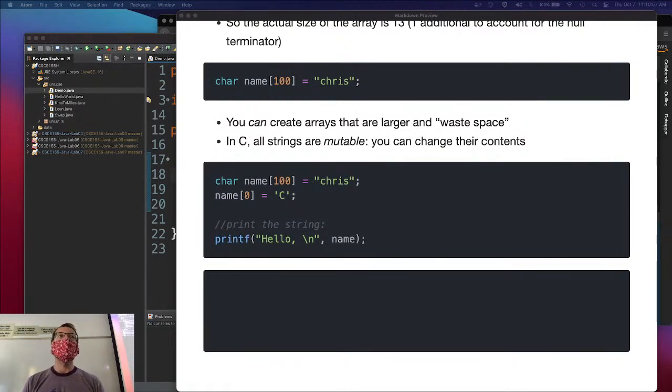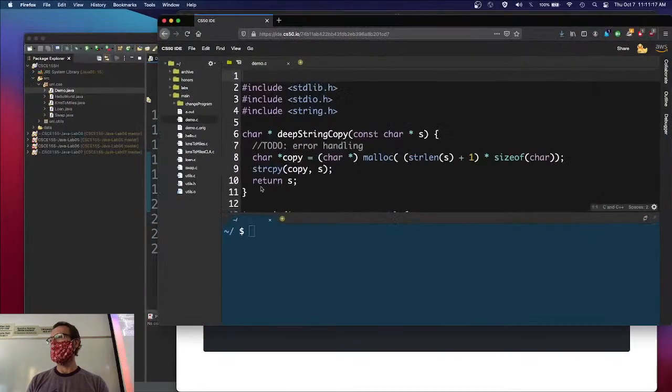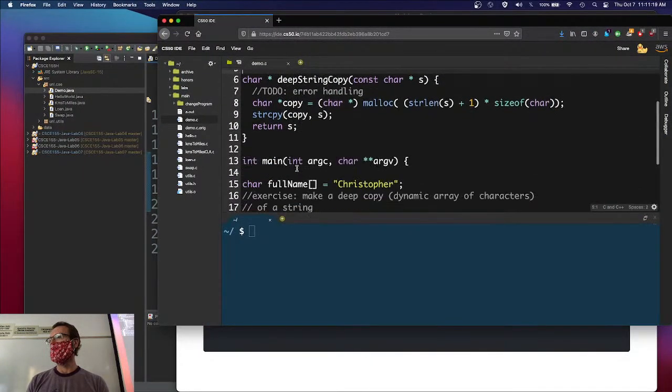What placeholder do you think you use for a string? Percent S. The C is for single characters, so this is the other one that makes sense. C for characters, S for strings. Right? There we go. All right, let me go ahead and take it over to the CS50 IDE here, and